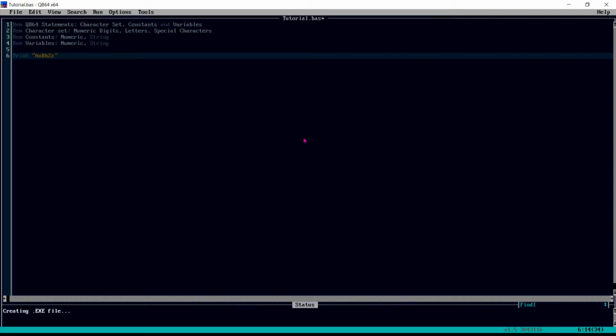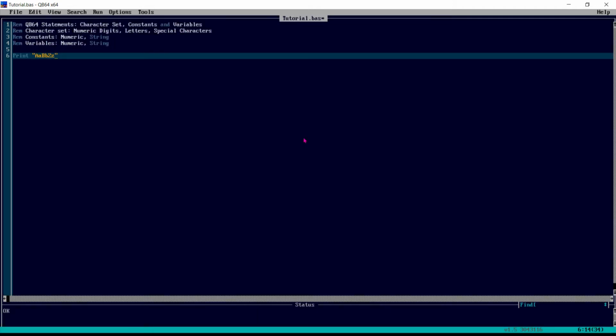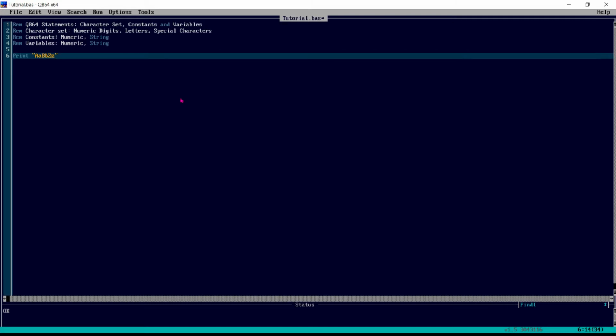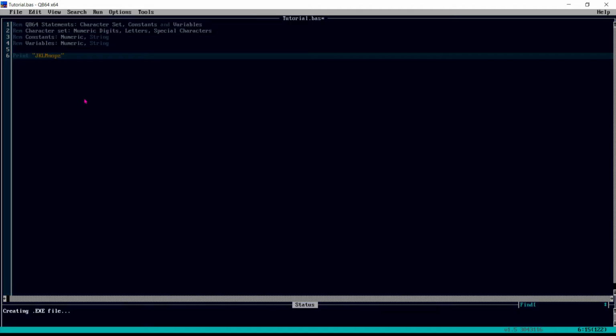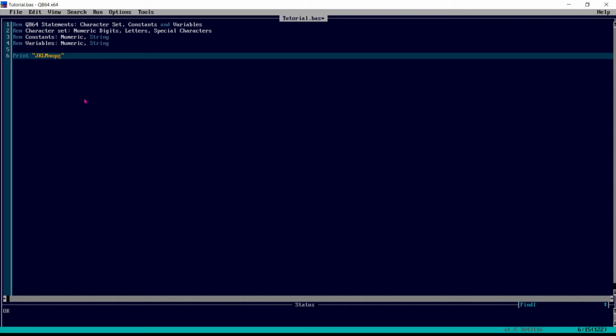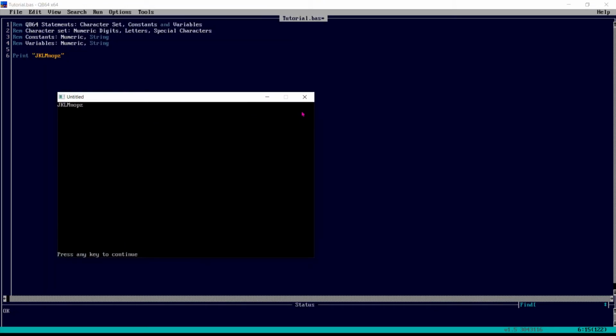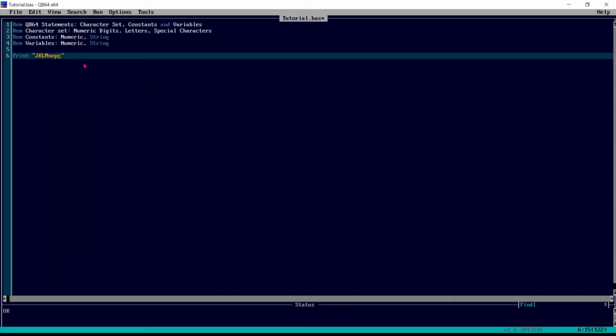Let's execute it. We can see it is printing. Or we can take any other example, let's say capital J K L M N O P, and then execute. We can see it is printing. So this is also okay.